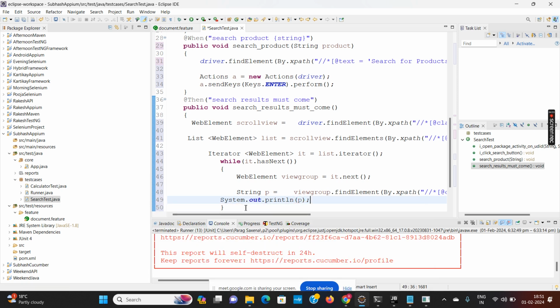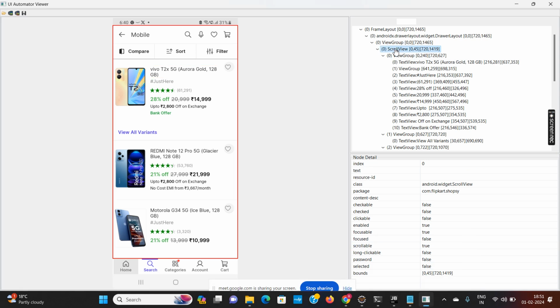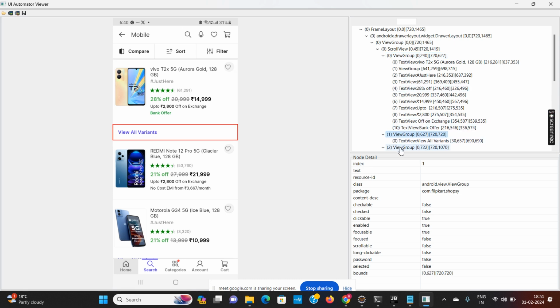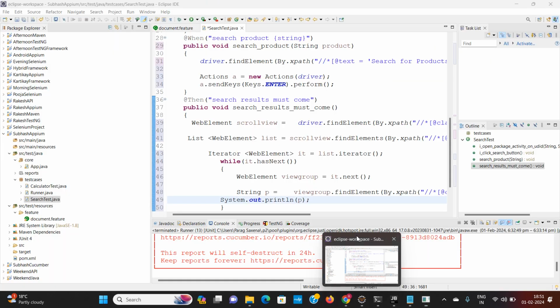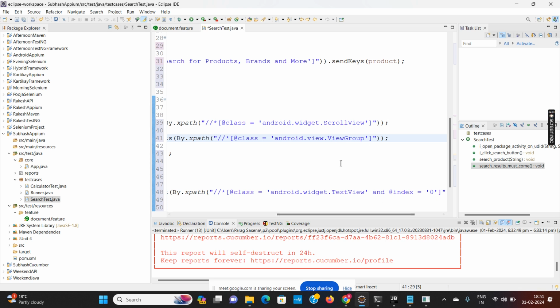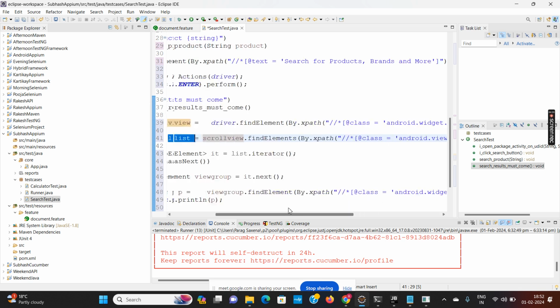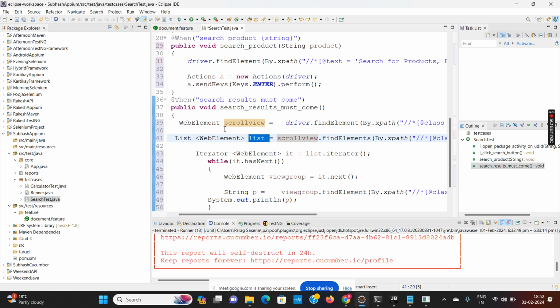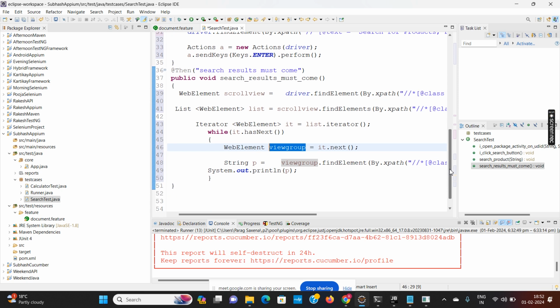So basically the objective is that first of all get the scroll view. I have taken this scroll view. Then inside the scroll view you get multiple view groups. So from the scroll view we are getting the list of view groups, and the iterator will iterate the data from the list, and I will get one view group, then second view group, third view group.